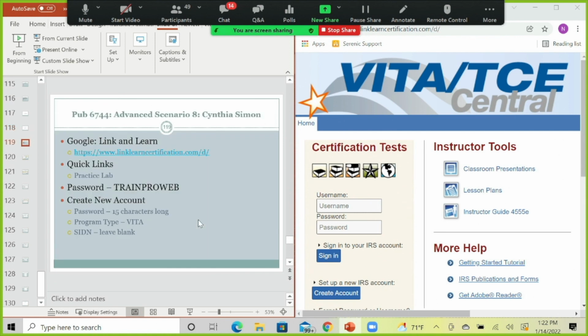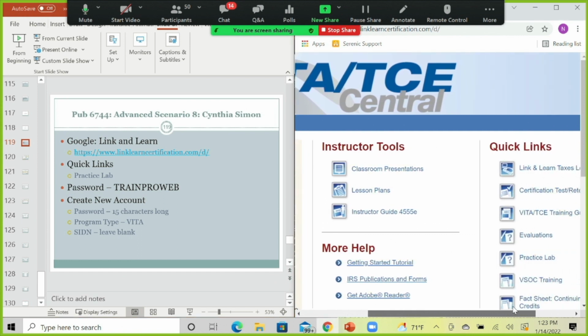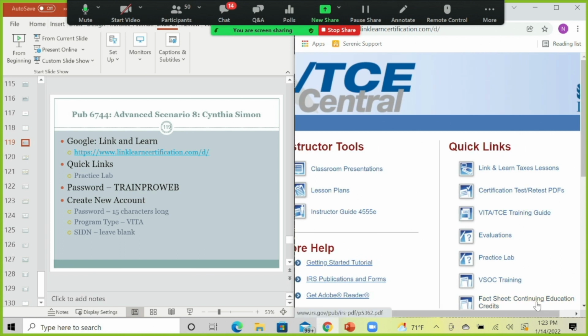So again, what we want to do is the Lincoln Learn certification. To log into that, you can go to Google and type in Lincoln Learn, and typically that is the first link that will pop up on the screen. You all should have created your account yesterday. So how do you locate that? Once you Google Lincoln Learn, it should pop up this VITA